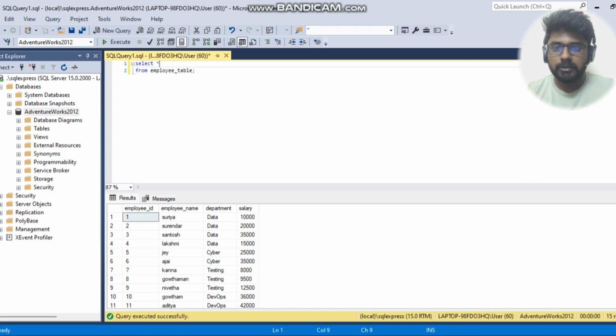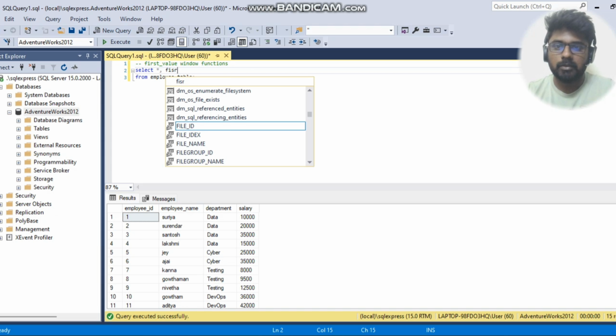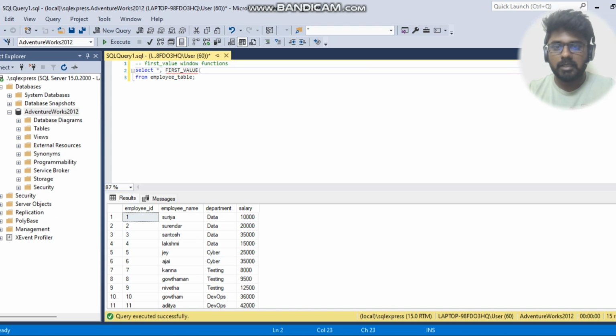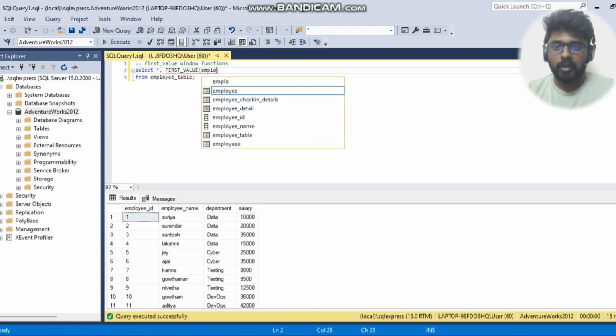As the name suggests, it will provide the first value based on the order by clause or the partition by clause that we are specifying in the over clause. That is our window function. I want the employee who is getting the least salary. So employee name